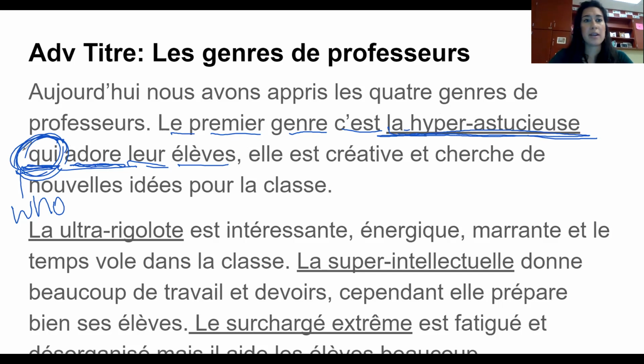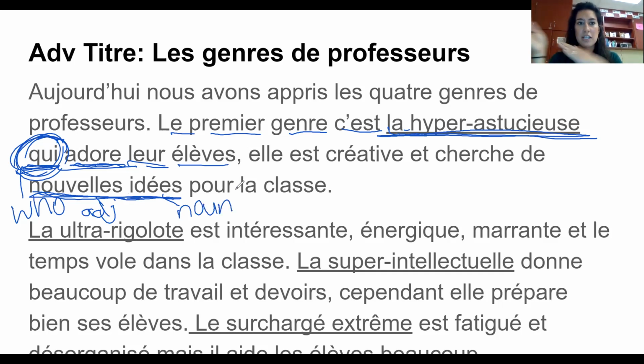Just one more thing I'm going to pull out is here where it says nouvelle idée. Nouvelle is an adjective, and idée is a noun. We talk about how often it's noun, then adjective. The adjective comes afterwards, and it's a crazy word order. But in this instance, it isn't. New, the adjective comes before the noun. So it's important to remember that there are some adjectives that do come before the noun, and new is one of them.